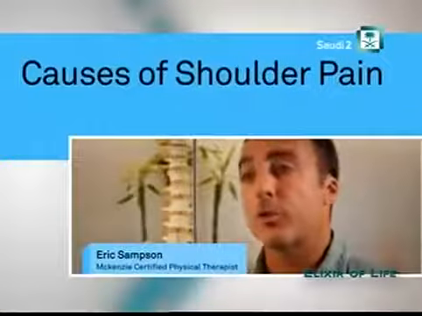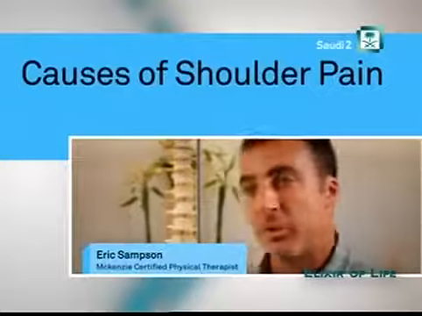There are a lot of causes for shoulder pain. The first thing you want to understand is that the shoulder is a very complex joint. It is what's called a ball and socket joint, meaning there is a socket, which is part of your scapula, and then you have the long bone of your arm called the humerus, and that's the ball. Inside, underneath here, you have a ball and socket mechanism, which allows for a fine number of degrees of movement. For instance, it can horizontally abduct and adduct, it can flex and extend, and it can rotate, and it can also do them in combination. The point of all that is that it relies heavily on the muscles, ligaments and soft tissue for stability.